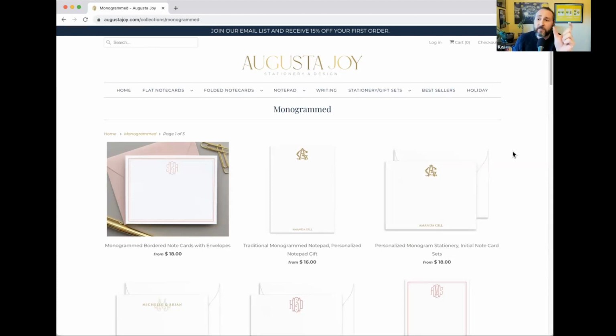Similarly, we have a headline of just Monogrammed, and then we move into the product grid. We don't have a collection description here to say, this is our monogram stationery, it's luxe, it's high quality, this is how it's printed, this is how it's made, this is the specific package we recommend you check out first. Without that content on the page, it's again hard for Google to understand what this is about. And your customers just land here and it's like, here's the products, but there's no context. There's no guiding them forward within this particular collection.